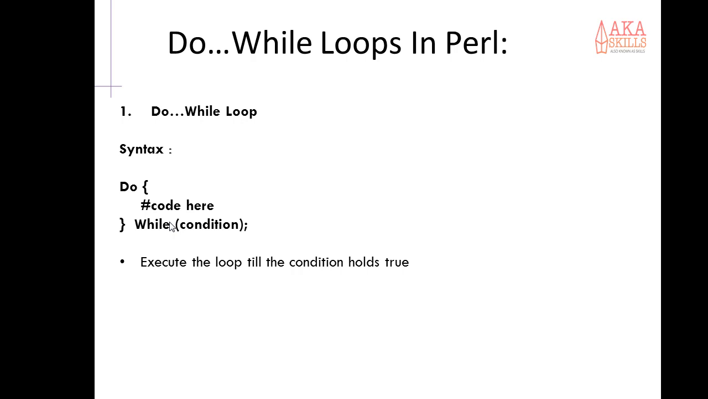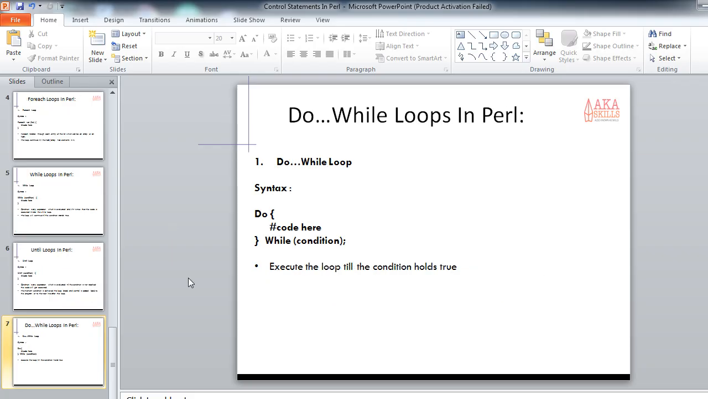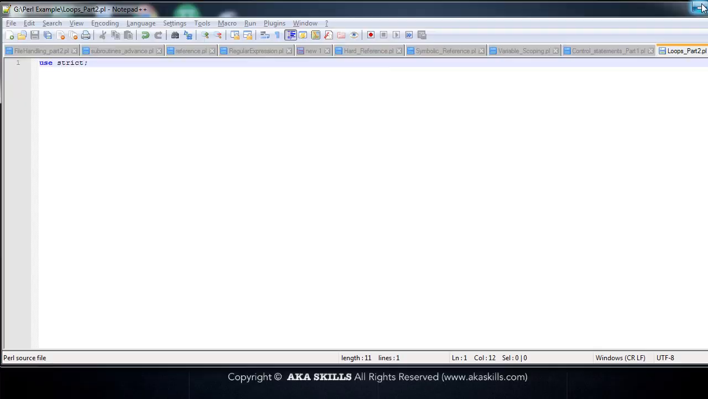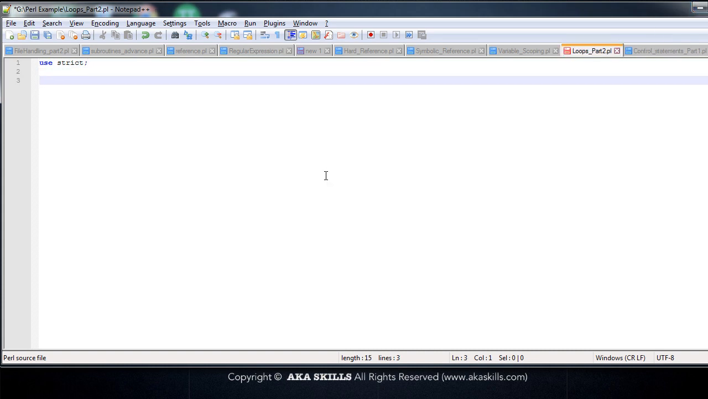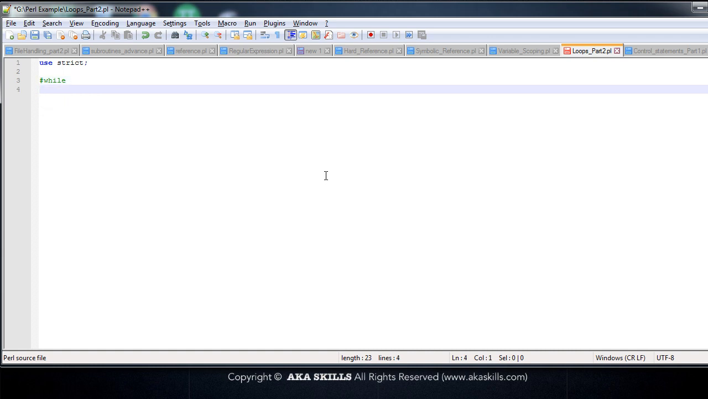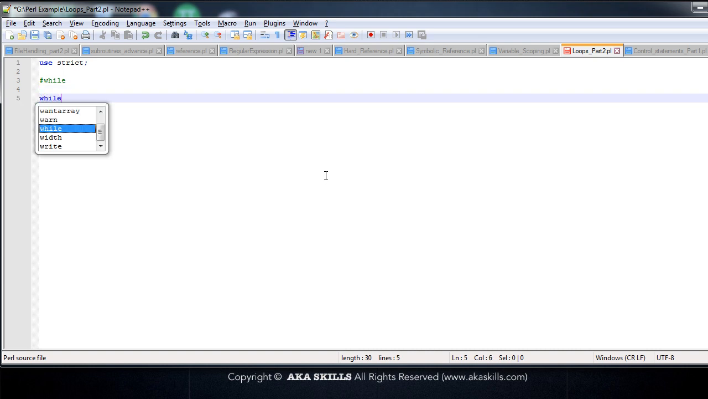So let us actually look at each of these examples so as to understand these loops in detail. We'll move on to our example section. First we'll have an example for a while loop. We'll ideally try to do the same program for each of these loops, that is while, do while and until. So first of its kind is while. Now let's say we want to multiply the number. So I'll simply say while